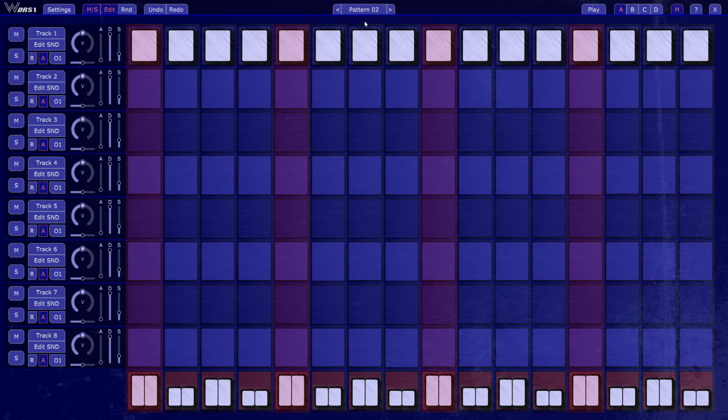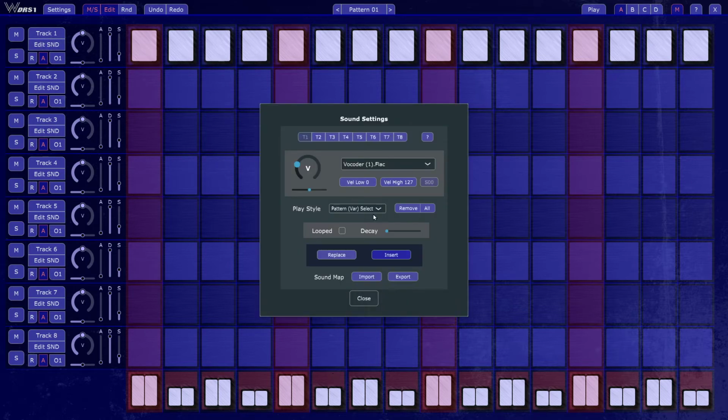Pattern 2 is going to play sounds 4, 5, 6, and 7. No, sorry, 5, 6, 7, and 8. That's why on pattern 3 I don't have any sounds left, because I only loaded 8 sounds, sorry. Then we have step select,